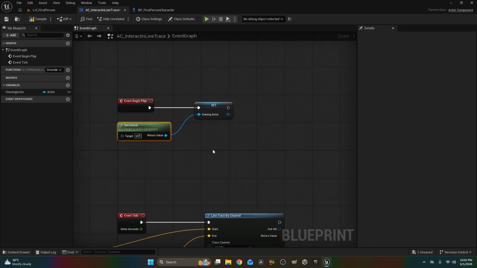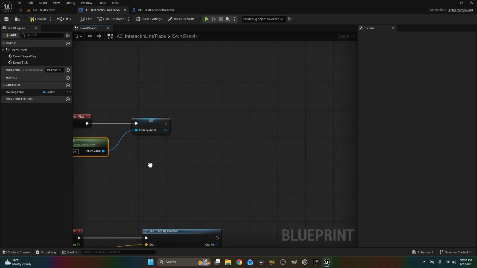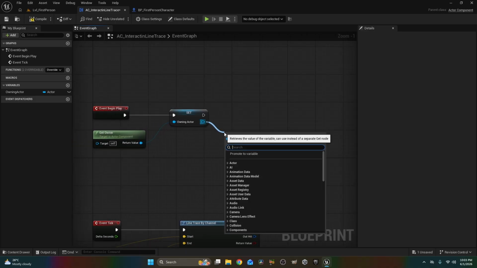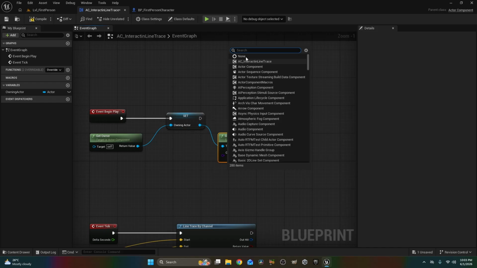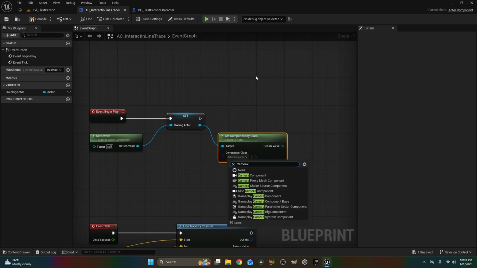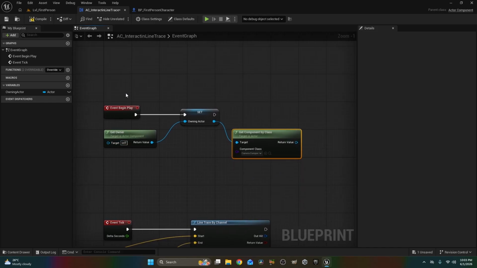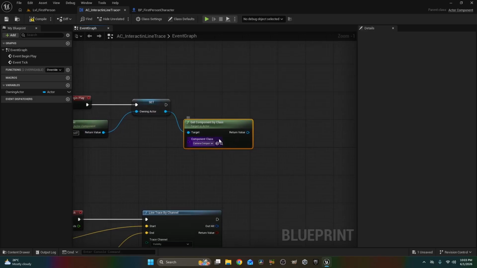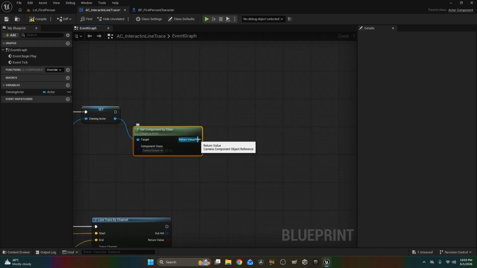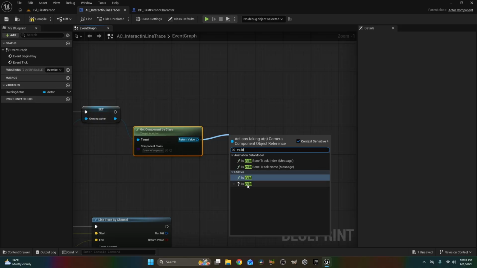So when this is attached, it's going to get our owning actor. Then I want to come up here and say get component by class. Not components, but component by class. And then for our component, we're going to look for our camera component. So what's happening is when we first start playing, this specific actor component is going to get the owner, store it as a reference, then look for the camera component, and then what we'll do here is instead of dragging right off and storing this as a reference, we're going to check to see if it is valid first,